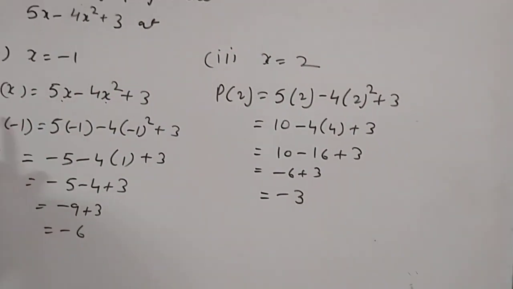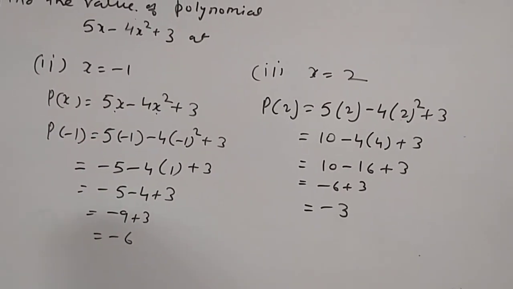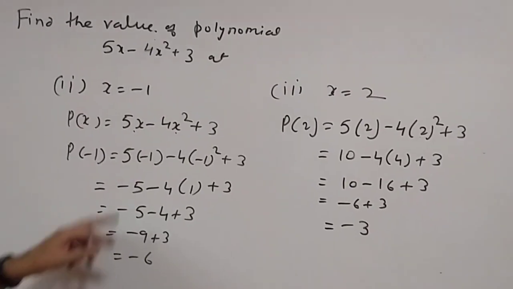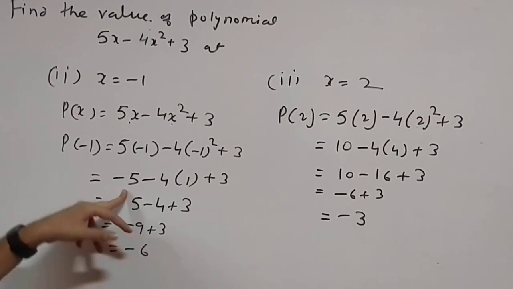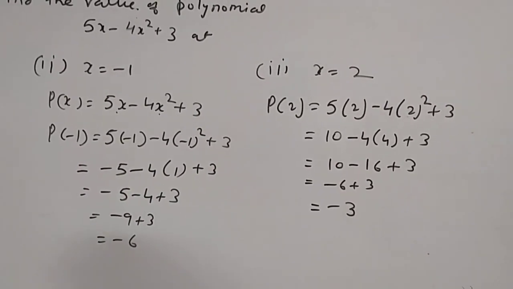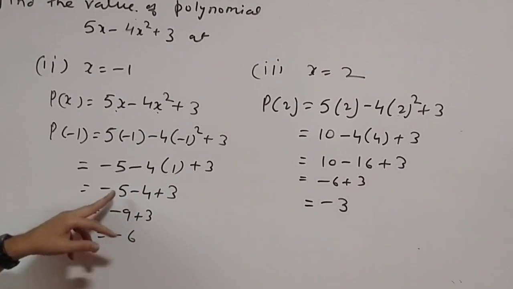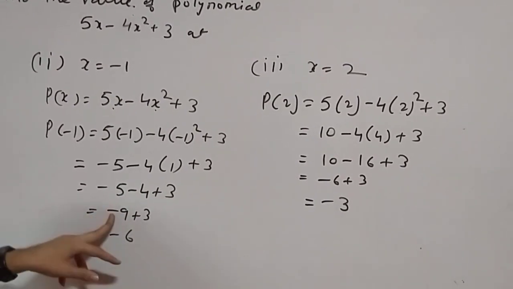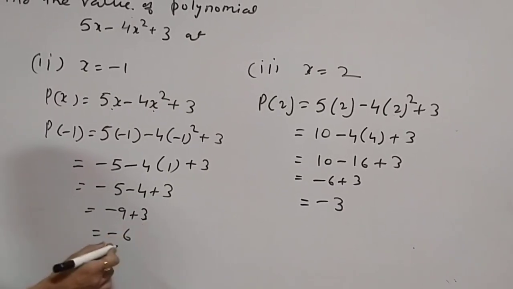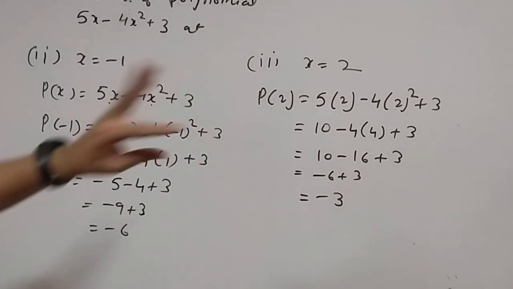So you can find the value in this way. If x is minus 1, you can find the value in this way. In place of x, write minus 1 and simplify. Plus into minus is minus. Minus square is always plus. Minus 5 minus 4 is minus 9. Both are minus, then add them, and the sign is minus. One is minus, the other is plus, then subtract them, and take the sign of the bigger one. The sign of the bigger one is minus, so minus 6. Similarly here, you can see.